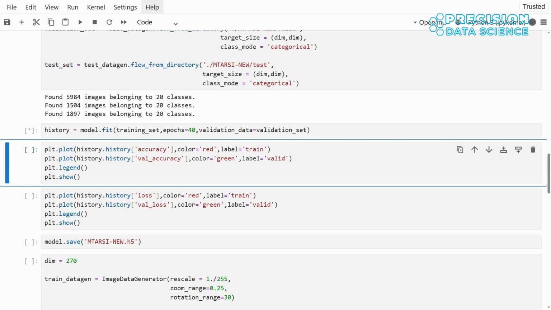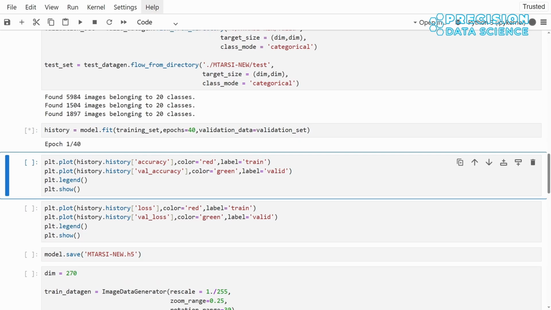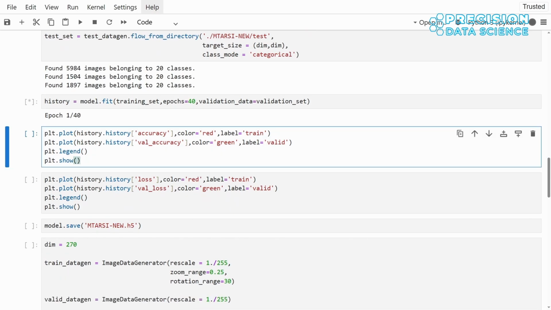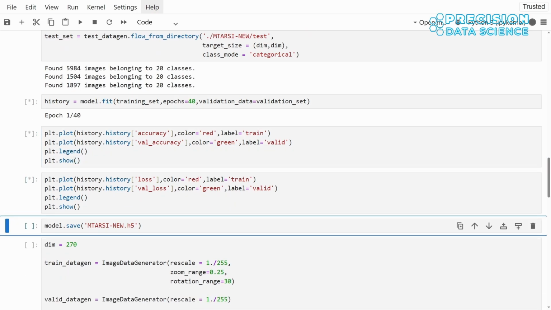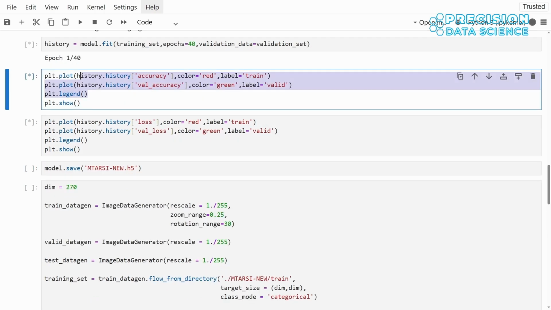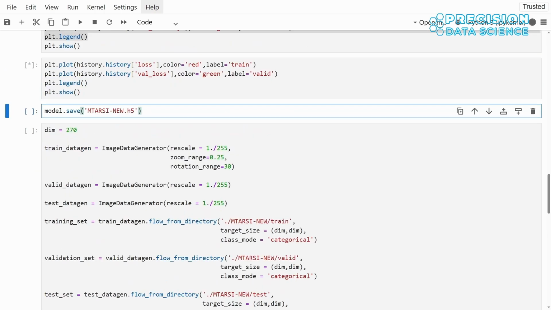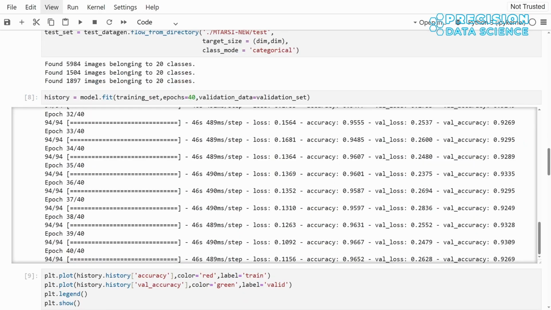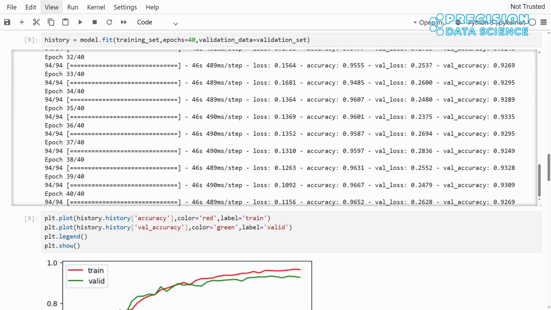We'll train the model with model.fit for 40 epochs by setting the training set for training and the validation set for validation data. And next we'll plot the accuracy and loss curves for training as well as validation set. After that, we're going to save the model with model.save so that we can load it for prediction without having to train it again. Okay, I already trained the model for 40 epochs using GCP, and we have achieved training